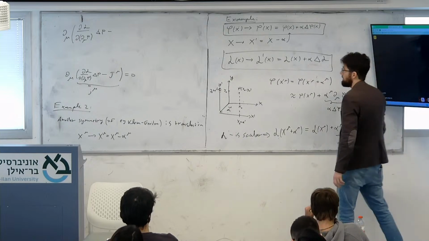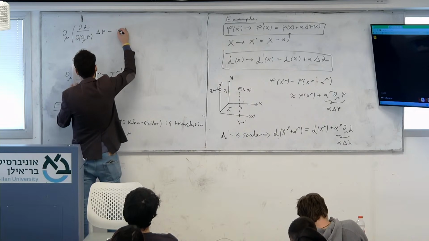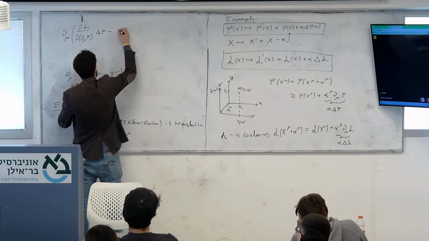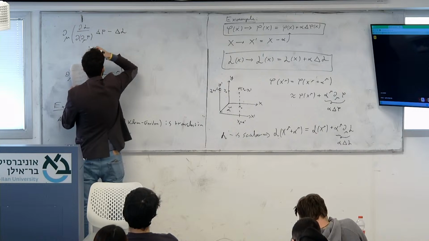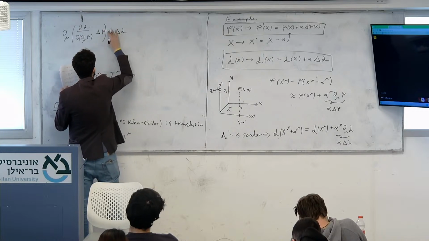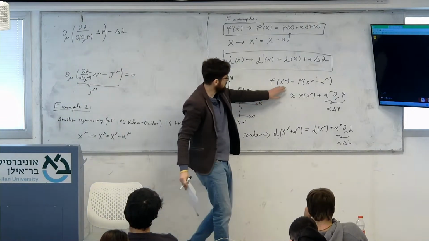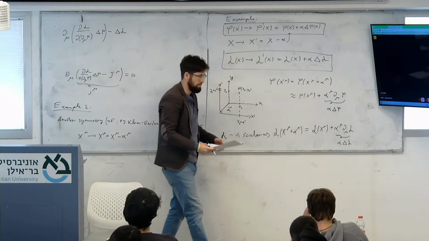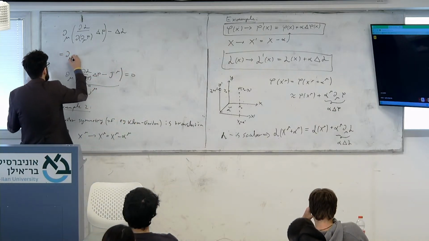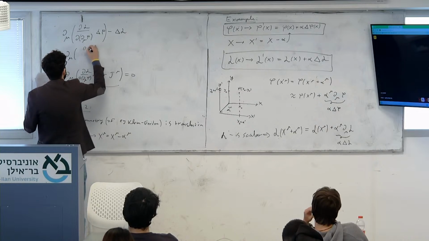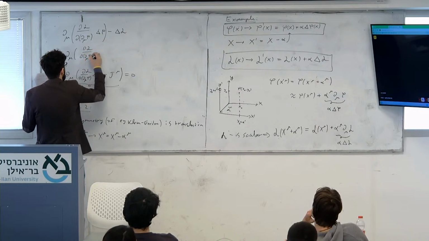This is J. Sorry, this is kind of a Taylor series, right? In alpha. Yes, both of them are Taylor series. Alpha is small. This thing is equal to ∂_μ, we have ∂L/∂(∂_μ φ)